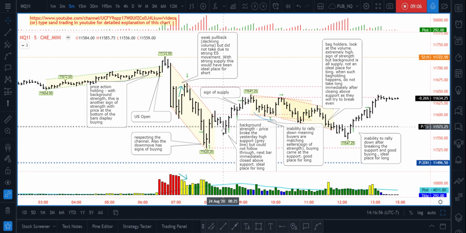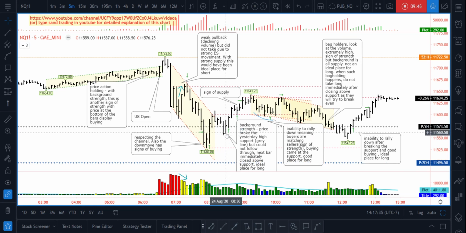It broke the yesterday high again, but see this time, it is unable to follow through. See, the volume when it broke is very little compared to this volume. See the volume on this bar when it broke the yesterday high, compared with the volume of this one. We know for sure this is how big money folks manipulate traders who are especially trading big. Most of them know this is yesterday high, and as soon as it breaks, people tend to take a short, and they will just move it back immediately.